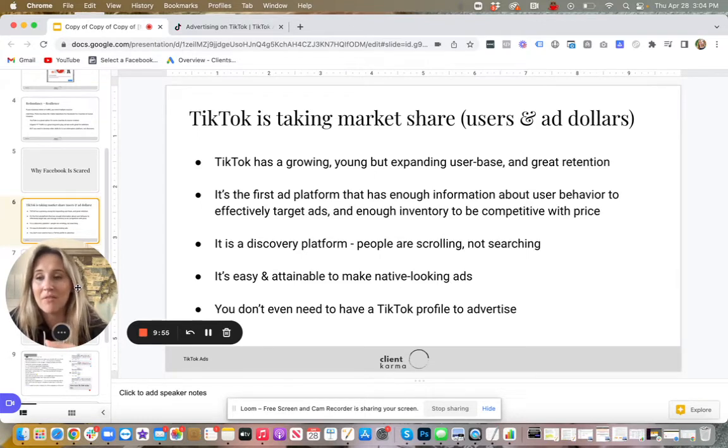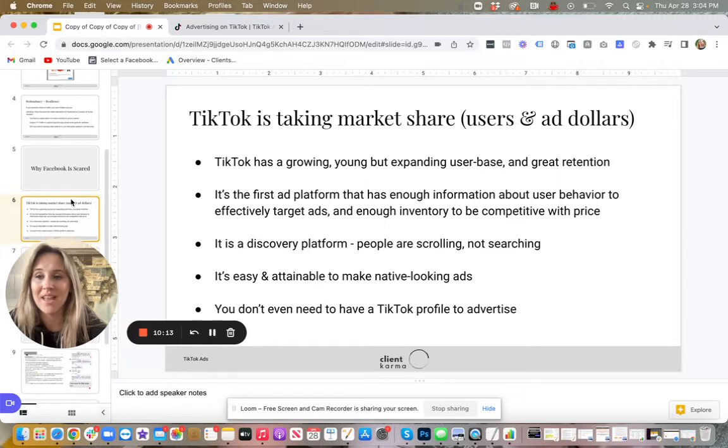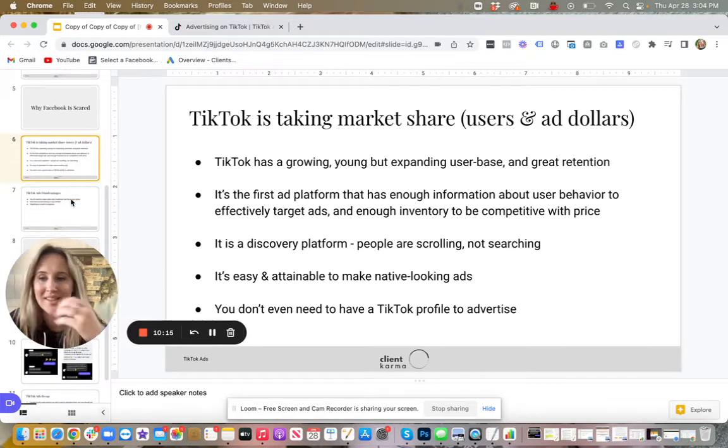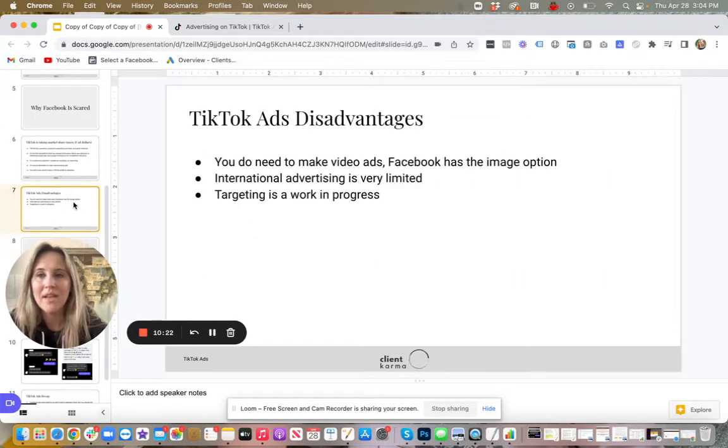So in the same ad account, you can have a different name and different profile pictures for the different things that you're advertising. Like maybe you have multiple businesses that you run. You can do that for all of them. I don't know how long this is going to last. It seems way too easy, but we'll see. For now, that is the case, and we'll see if it lasts that way or if they're just trying to attract advertisers and ad dollars, and then maybe they'll take away some of that freedom in the future. We'll see. So the disadvantages of TikTok, there's always going to be pros and cons.